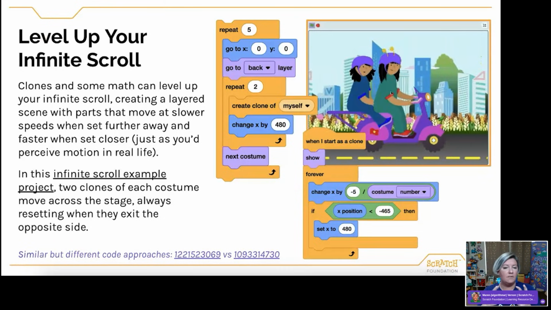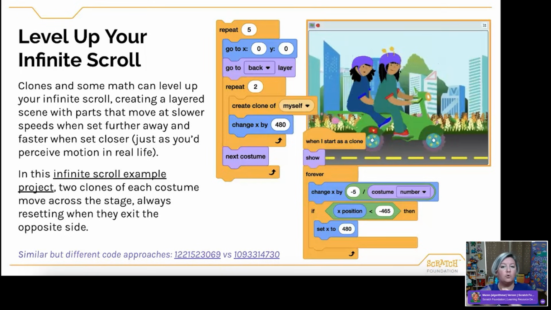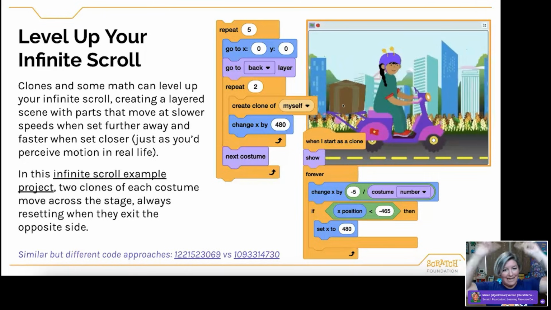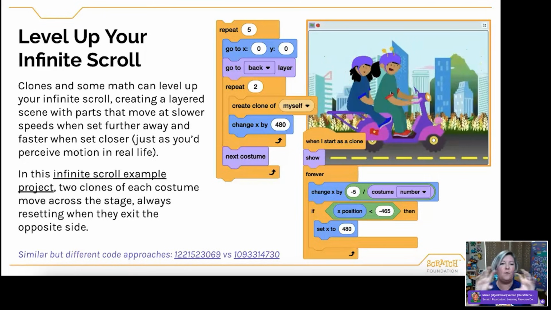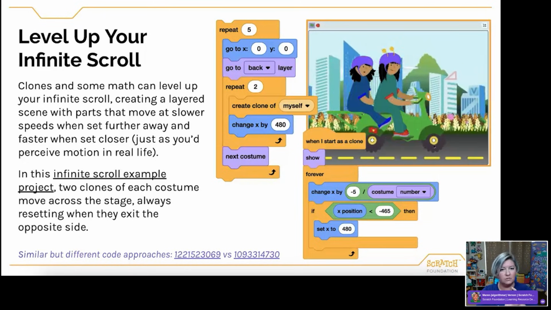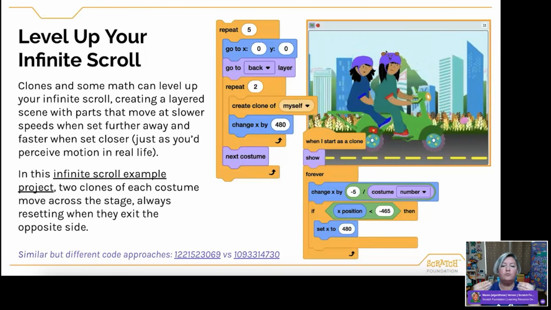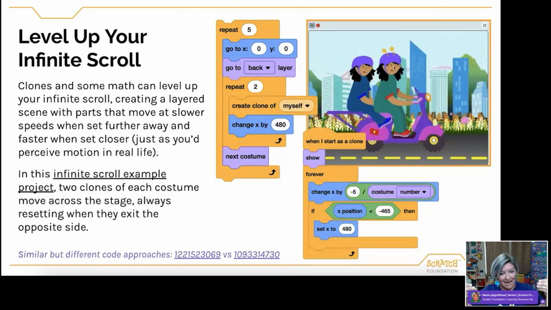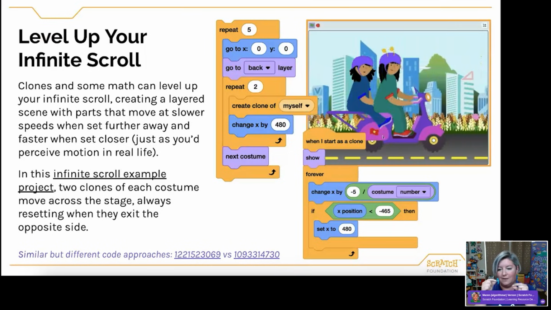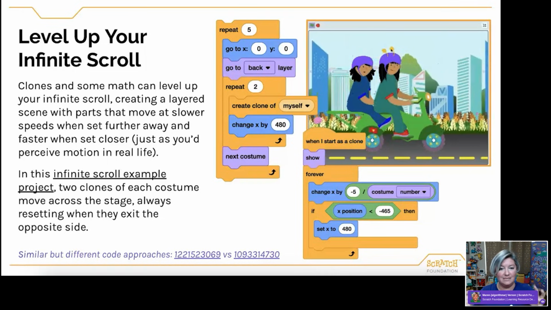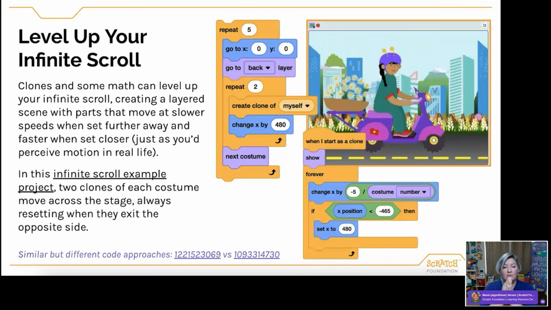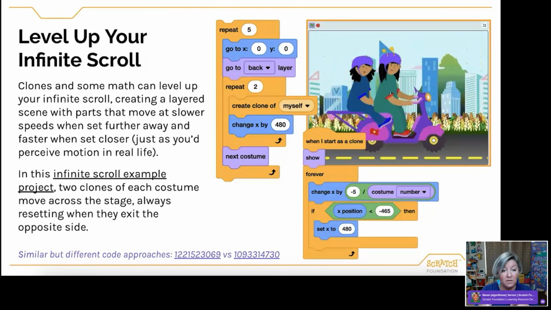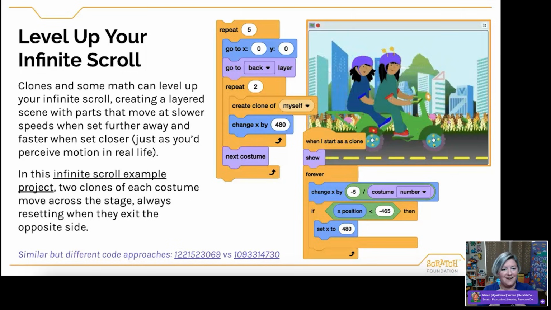And so maybe together, one of these students works on the scrolling motion, the coding behind the scrolling, and the other student works on creating these little elements, the different antenna, the different way that the wheels look, the different way that the characters look. And so together they've created this really dynamic project that plays on both of their strengths, and they've created something greater with the two of them together than they could have created separately. So it's not necessarily that one person has to do all the things here. It's a really great opportunity to help them learn from each other and coordinate on a project.